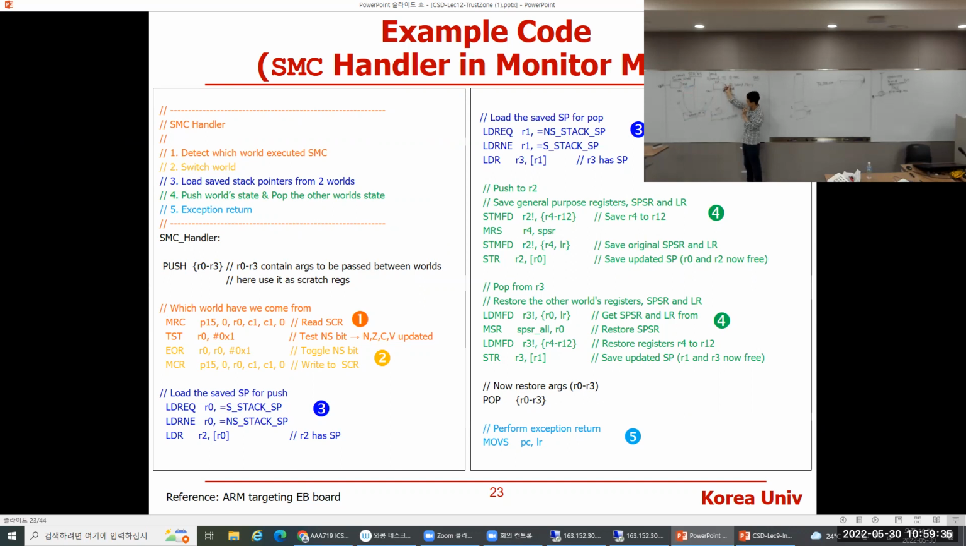If normal world called monitor mode, then you have to push T1's context, and pop T2's context, then resume. If monitor mode was called from secure world, the opposite should happen: push T2's context, and pop T1's context, right? And resume. So the first thing you have to do in monitor mode is figure out which world